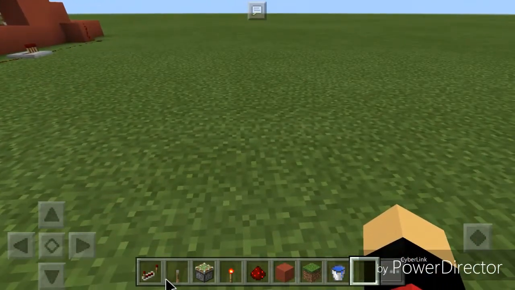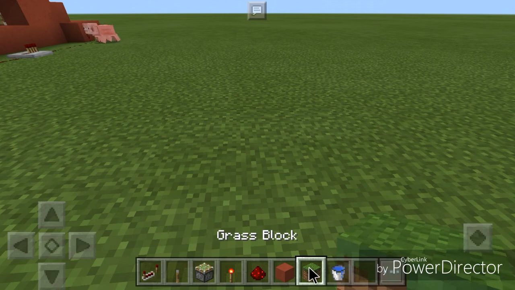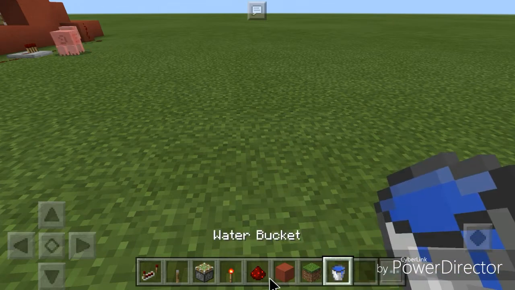First off, what you're going to need is, again, I'm using red terracotta, but you can use any color or any kind of block that you want, except for redstone blocks, because that would mess up the signal. If you're doing this in a survival world, on a mountain where there's not a lot of grass, you're going to need dirt of some type, grass block or dirt, so that you can plant your crops, of course. Water, redstone,